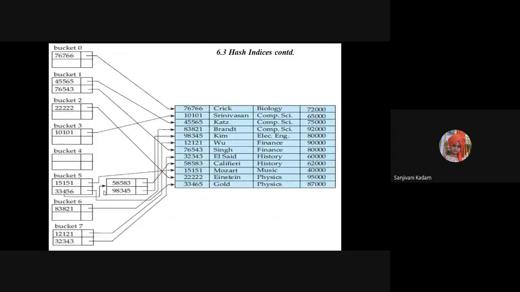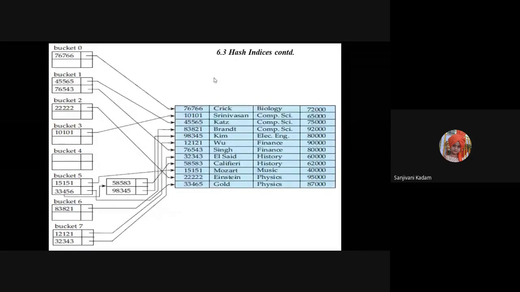So this is one of the examples of a hash index. Here, consider that this is an instructor relation, and in the instructor relation, I have applied some hash function on these IDs.